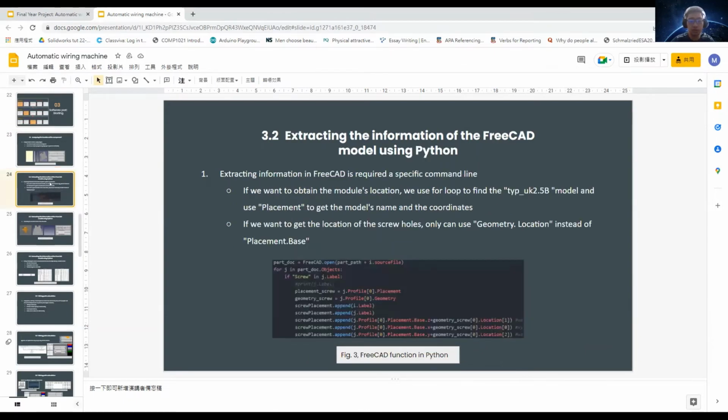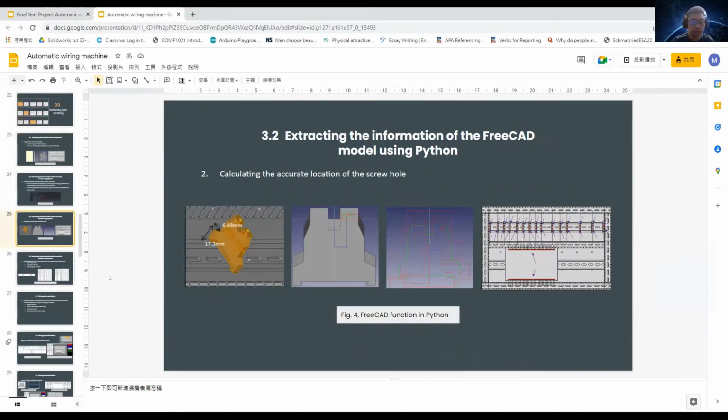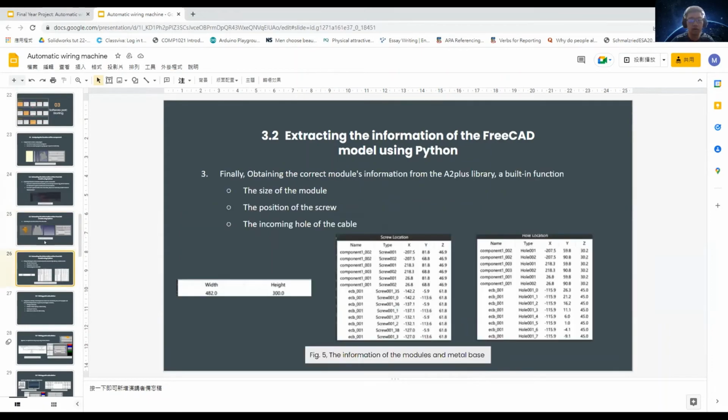Then we extract all the data from the assembly files and recognize all the positions of the screw holes, and then we convert all of those wirings into G code and send it to the machine